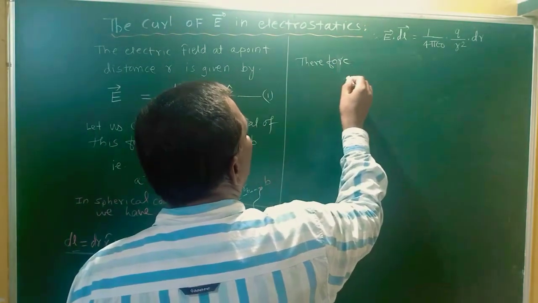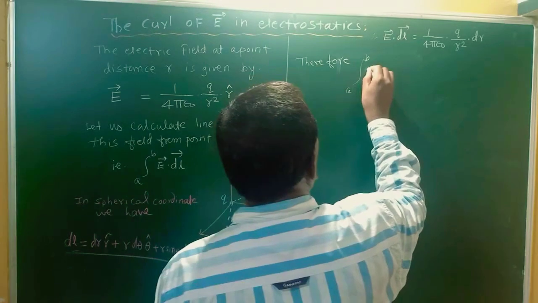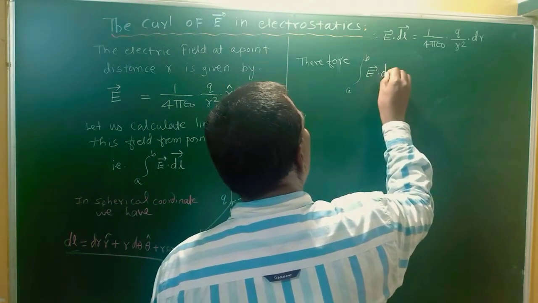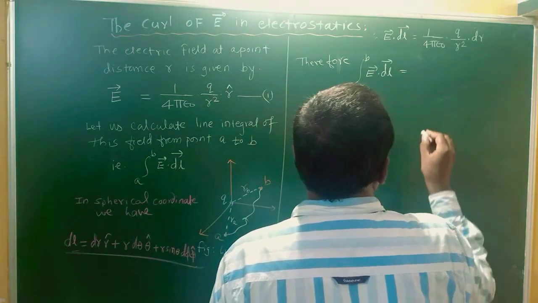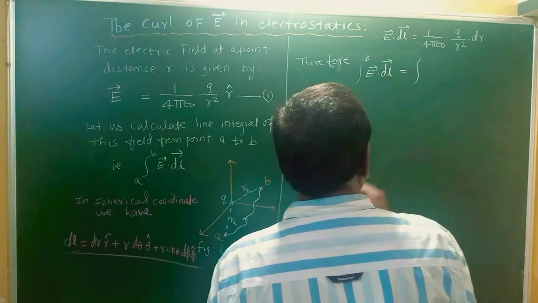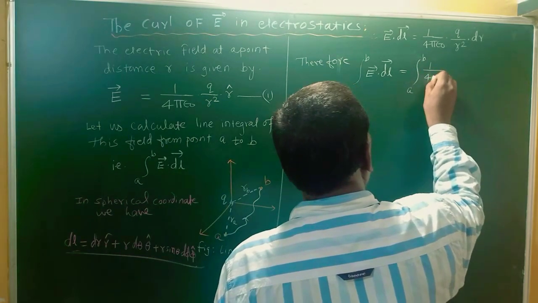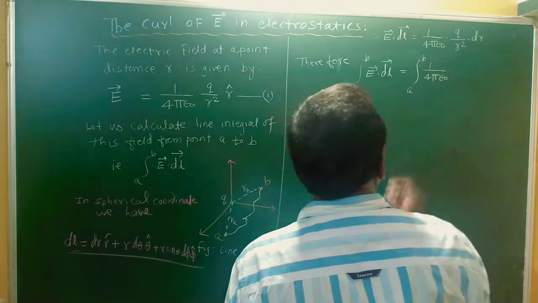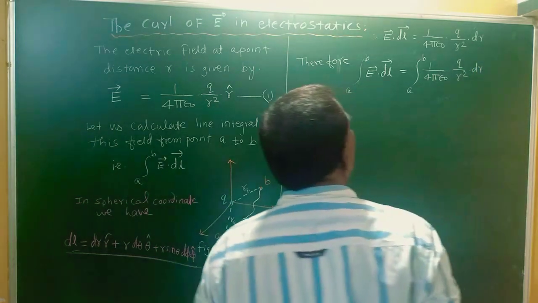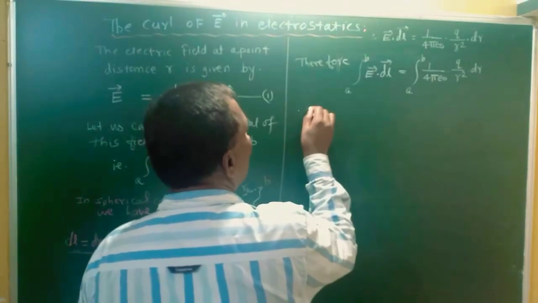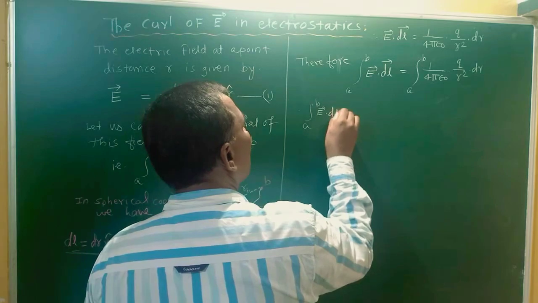We have to see here the line integration from A to B of E bar dot dl bar, which is equal to the line integration from point A to B of 1 upon 4 pi epsilon naught into Q by r square into dr. And finally we have to write the line integration of A to B, E bar dot dl bar is equal to